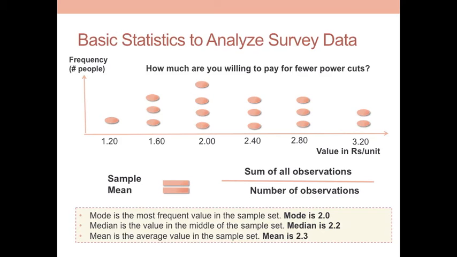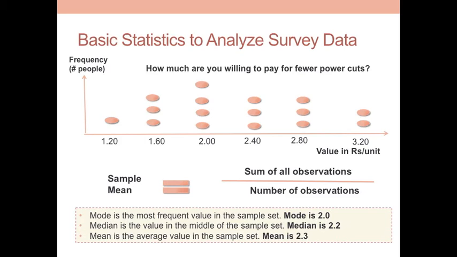Last but not least, mean is the average value. It's the sum of all observations over number of observations and works out to be 2.3. Therefore, on average, people were ready to pay up to rupees 2.3 per unit of electricity more to ensure fewer power cuts